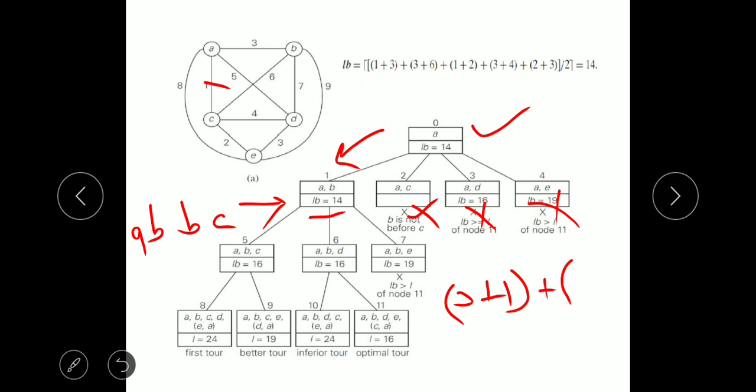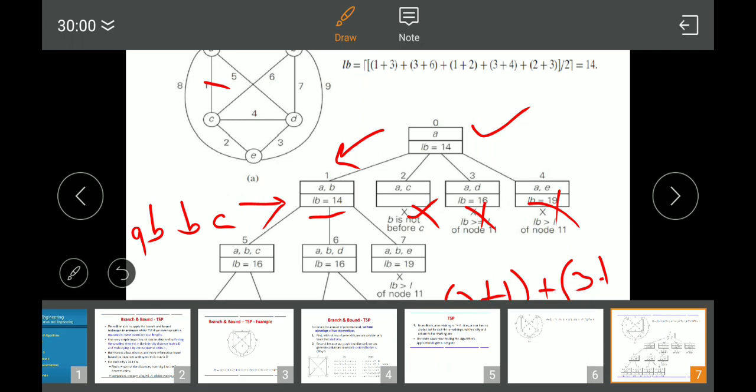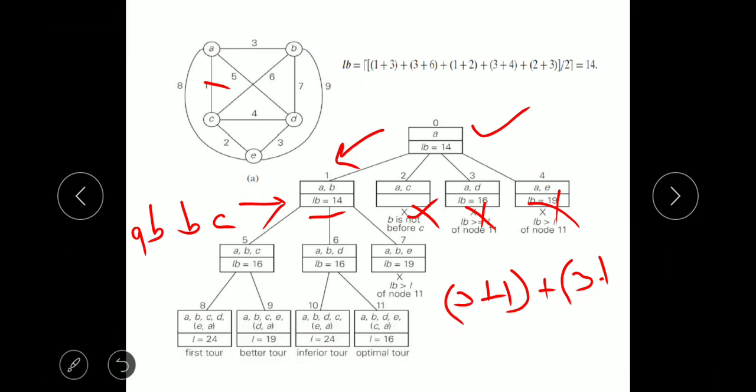Plus from B, B to A, as A to B is included in the Hamiltonian cycle, so naturally B to A should also be included, so its cost is 3, plus the next lowest cost edge here is 6, so 3 plus 6, plus from